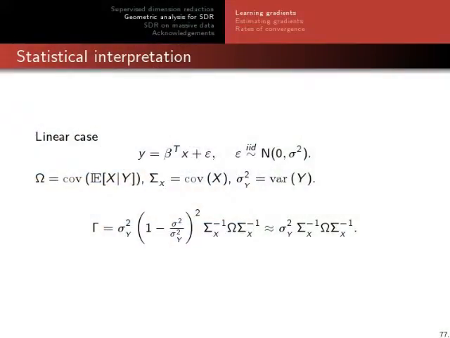Now, let me restate what I just told you, but from a more statistical perspective. Let's pretend for a second my function is linear. Then I can define this, which is called the covariance of the inverse regression. So you're really asking about x given y, the expectation of that and the covariance. So this is telling me how x varies as y varies along different directions. Right here, this is nothing but the covariance of x. And then you can show that this gradient outer product, ignoring this constant, is really this